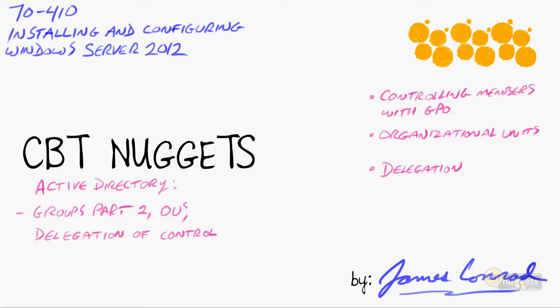In this nugget, we continued our discussion of Active Directory, where we continued with Groups Part 2, Organizational Units, and the Delegation of Control. We started with talking about controlling members in a specific security group by using a group policy object. There's a couple of different ways to do that, remember, using both policies and preferences. We also took a look at organizational units. Even though we've seen those in the past, we took a little bit more detail about their purpose, how to work with them, how to delete them if necessary, and so on. And then we took a look at delegation, which is a great way to control how people can have some level of administrative access over a specific